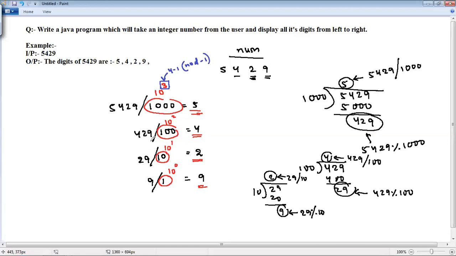How to write this? Listen. We will ask the user to enter the number using scn dot next. Let me use another page.